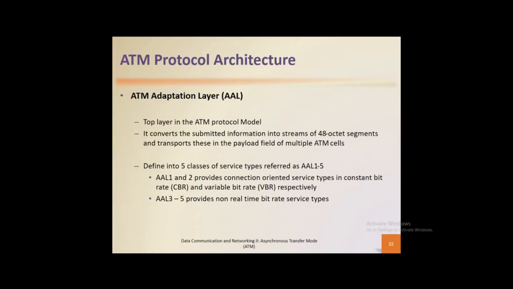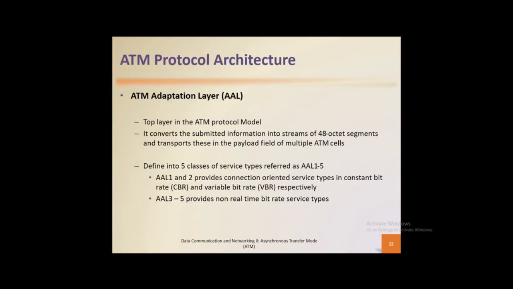So in this case, ATM adaptation layer 1 and 2 would provide for the constant bit rate type of information, and then for the variable bit rates, you'd have your video conferencing, on-demand video streaming,